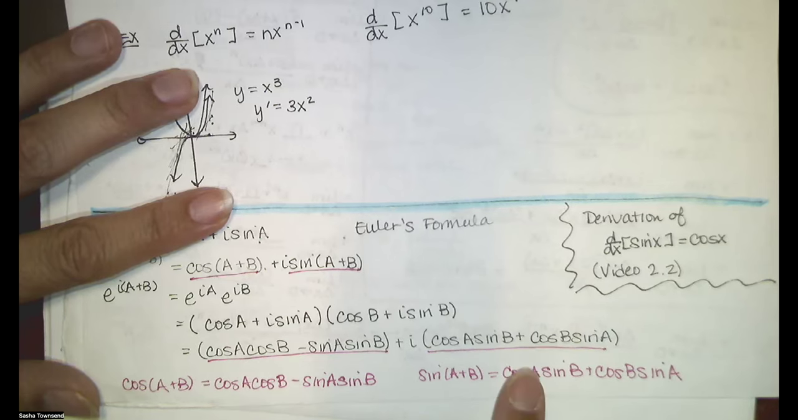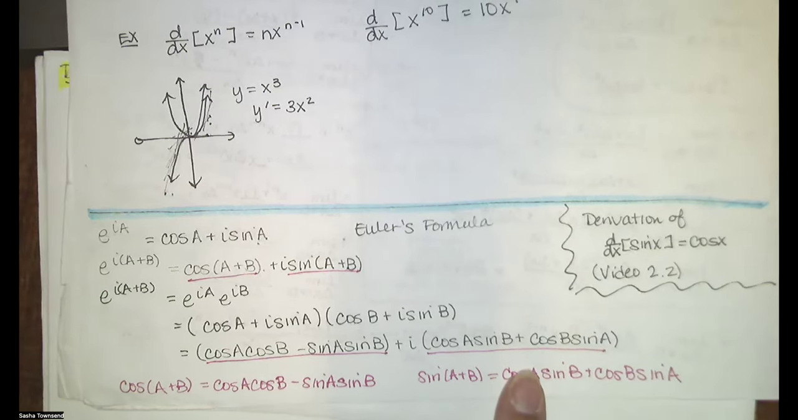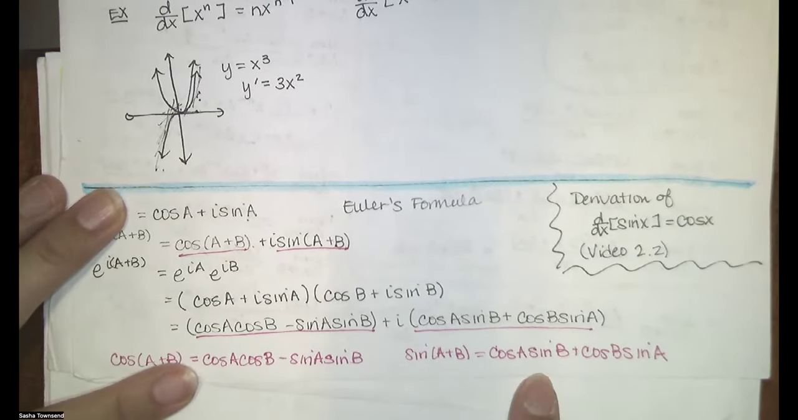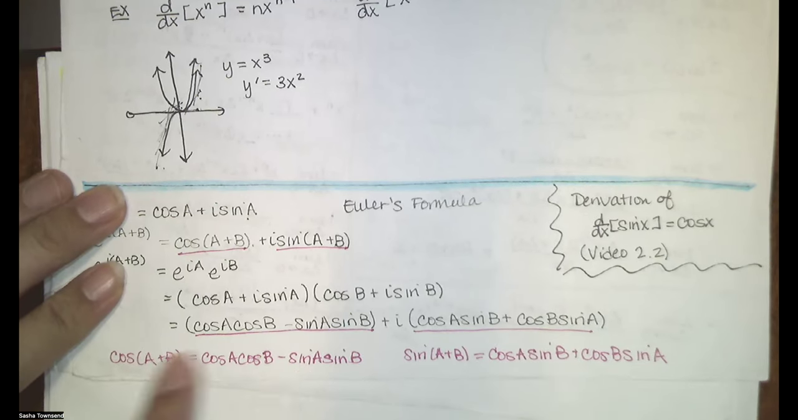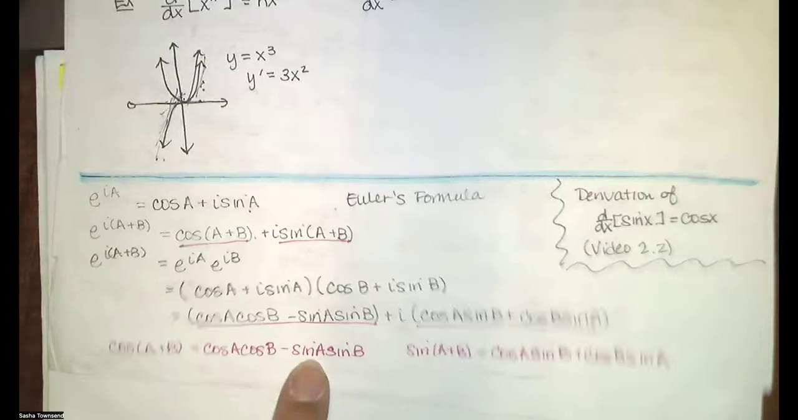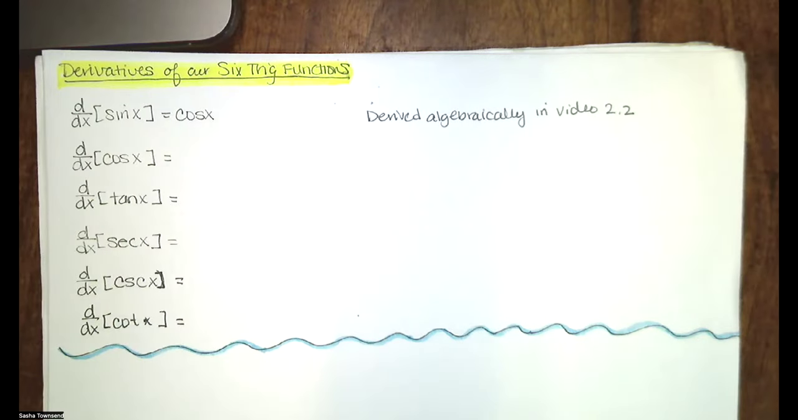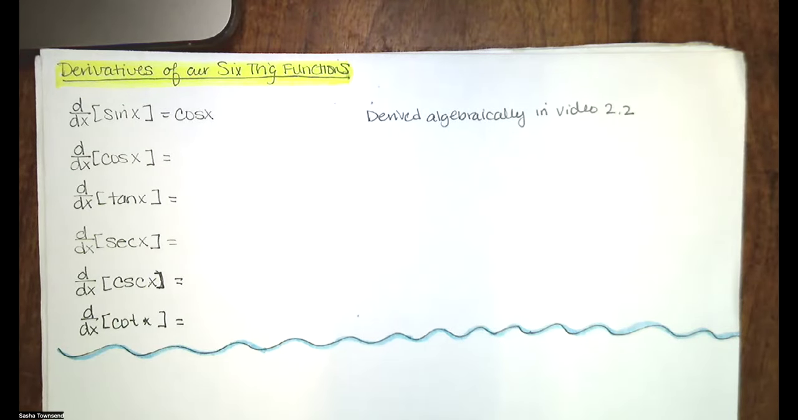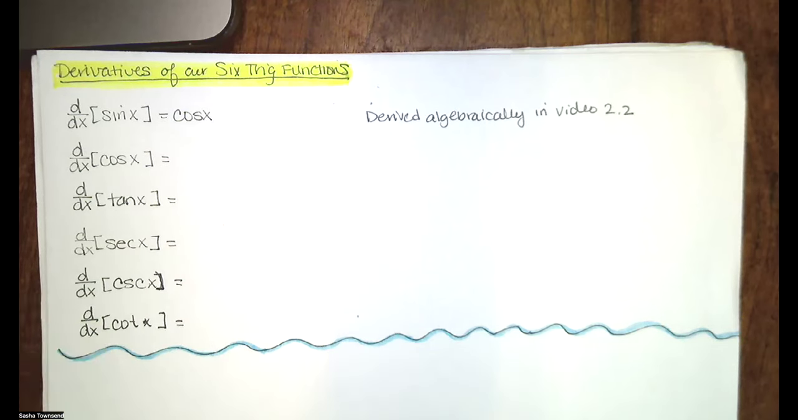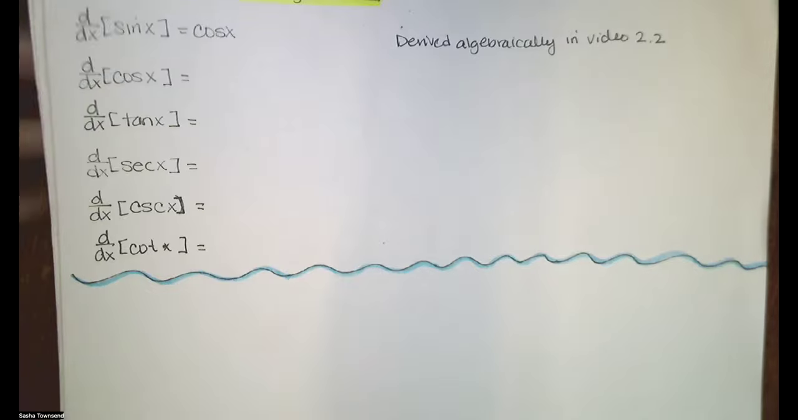Now we can use each of these in our derivations of the derivative for cosine and sine. We used this in the derivation for the derivative of sine of x in video 2.2, and we'll need this for our derivation of the derivative of cosine of x algebraically. So let's derive this algebraically, and then we'll also look at some graphs and see how the geometry is consistent with these algebraic derivations. So the derivative of cosine of x